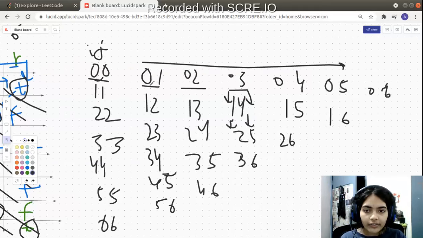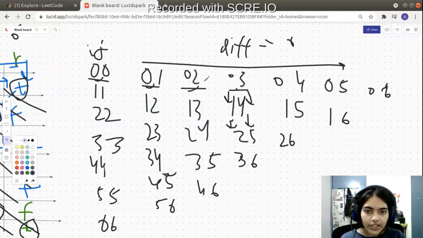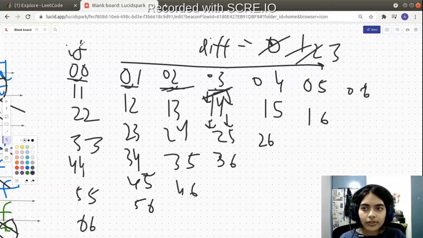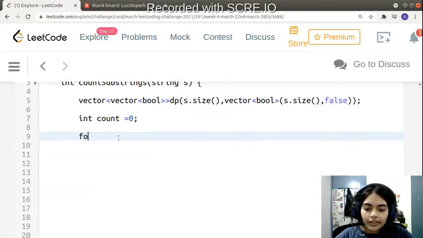We can declare another variable, and we can call it difference, the initial difference. Difference keeps on increasing. First you have 0 0, the first difference is 0, the next difference is 1, the next difference is 2, that is 2 minus 0, 3 minus 0, 4 minus 0. So initially difference is 0, then difference increments to 1, then to 2 in this case, then to 3, and so on. So you can have two for loops, and that's what we are going to do.